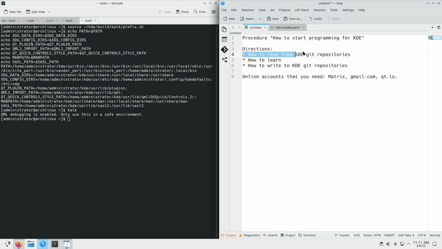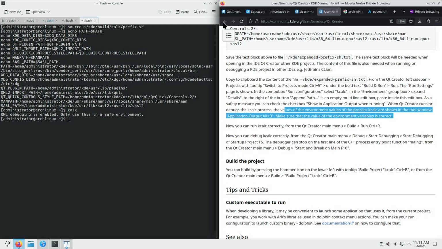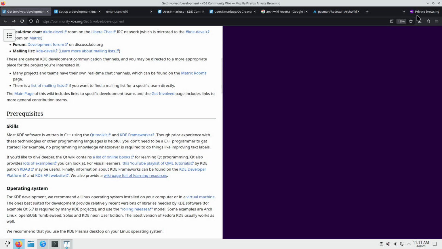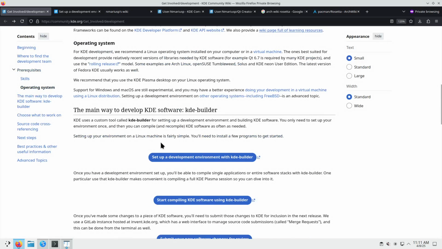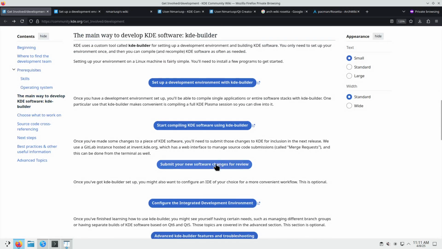At that point, you would graduate from reading KDE Git repositories. You will continue to learn because learning takes years. And then you will be able to start writing to the KDE Git repositories. How do we do that? From the procedure, how to start programming for KDE, at some point it talks about how to propose your changes. So you